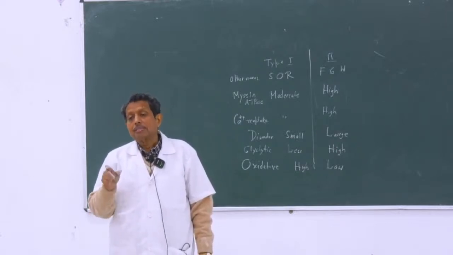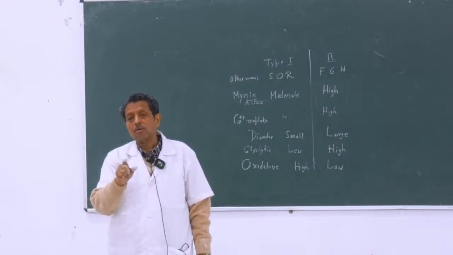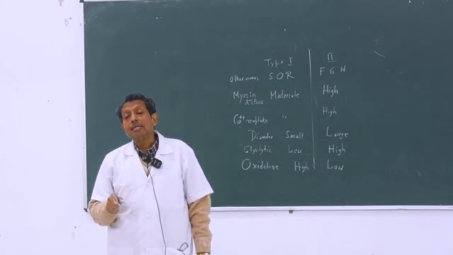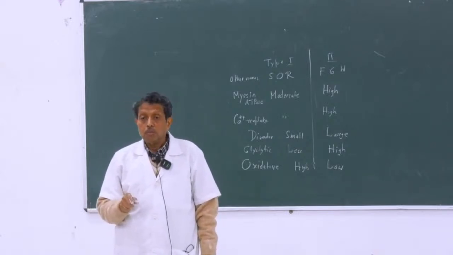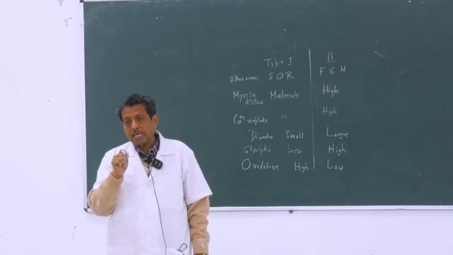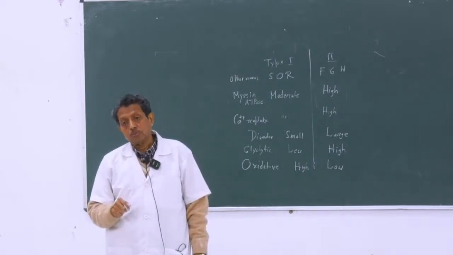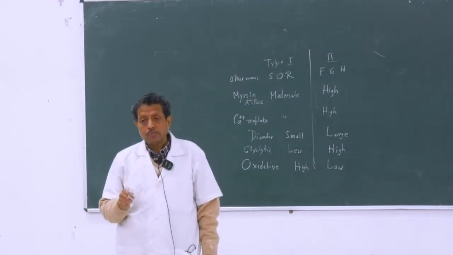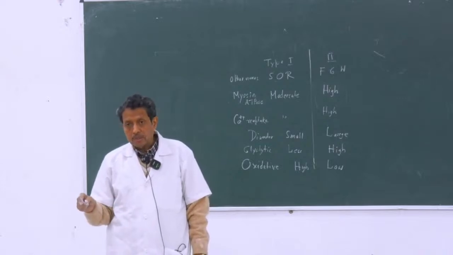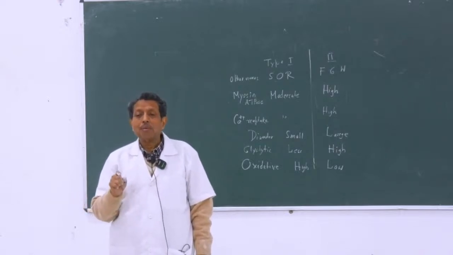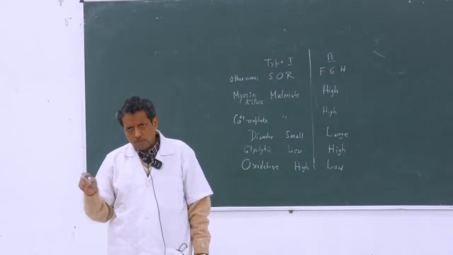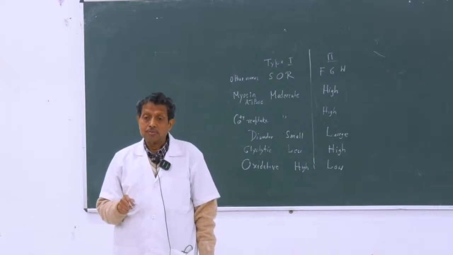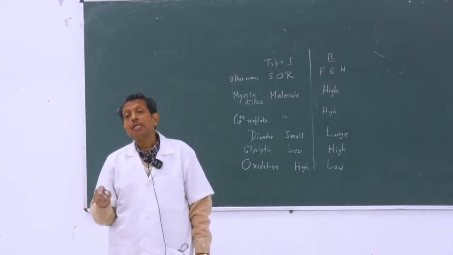But in some cases, most of the muscles are not pure, but are of mixed type. In that case, they can generate a very high amount of force for a short time, quickly generating mass force. And they are not commonly put into action. Suppose when we are walking, then they do not come into action. But if you walk fast, or if you are running, then these type 2 fibers come into action, initially type 2A and ultimately type 2B.